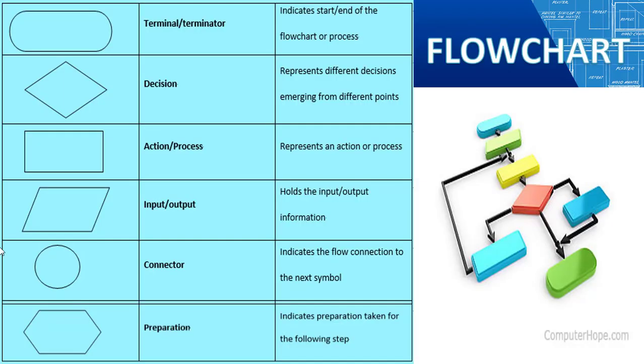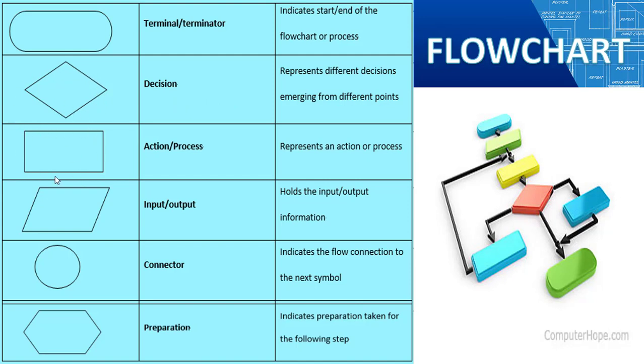Here you can see the different symbols of flowchart. You have the oval shape here that is used for start and stop. That is the terminal. When you are starting a program, you have to use the start symbol, and when you are ending a program, you use a stop. So it indicates the start and stop, or the end, of the program. Then you have a rhombus. Rhombus is used for decision making. Whenever there is a decision making, we have to use the rhombus.